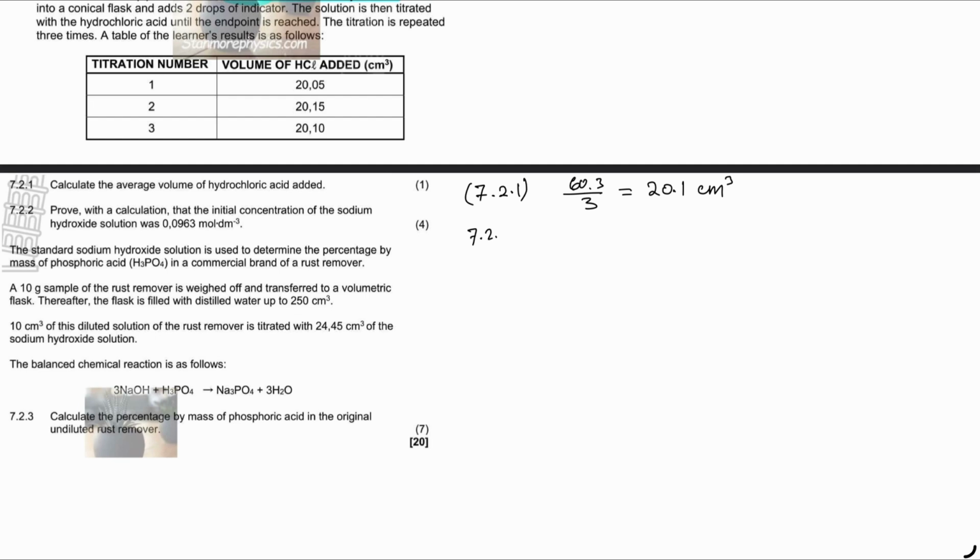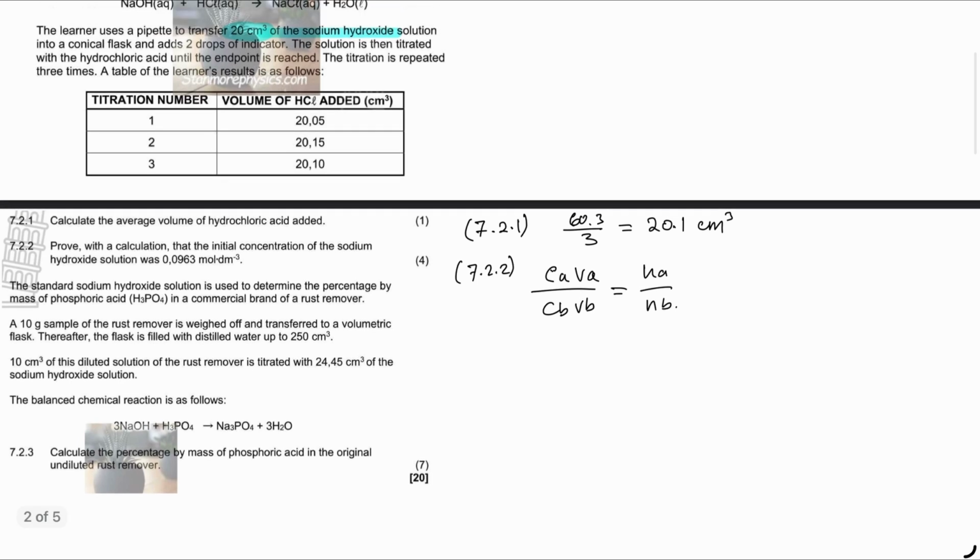Question 7.2.2 says, prove with a calculation that the initial concentration of the sodium hydroxide solution was 0.0963 moles per dm cubed. Because this is a titration, we can use the formula CAVA divided by CBVB is equal to NA over NB. This is an extremely useful formula, especially when you have a titration. Now, let's look at the information that we know. Well, the concentration of the acid is given to us,